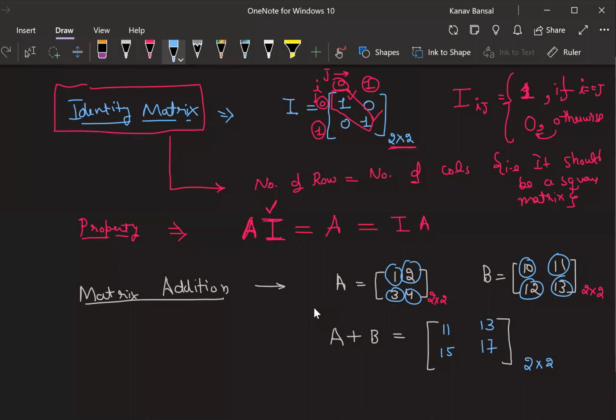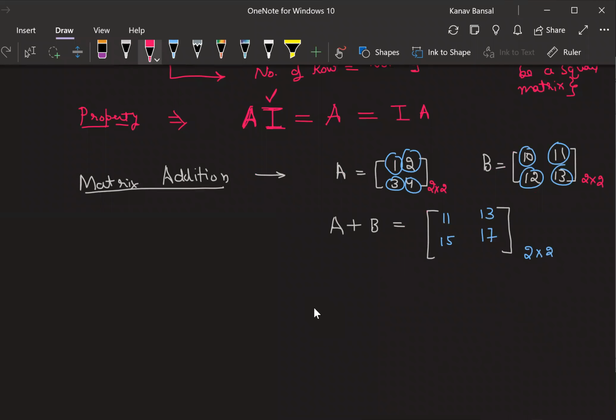Now let's do one more example. Let's try to solve one more example. Let's say A equal to 10, 20, 30, 40, 50, 60. Let's say these are all the elements in A. Let's take B equal to 1, 2. Now, can you tell me what is the output of A plus B?